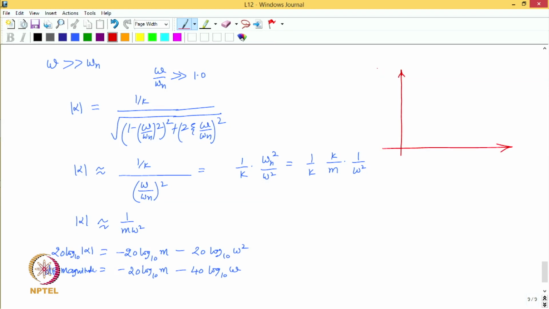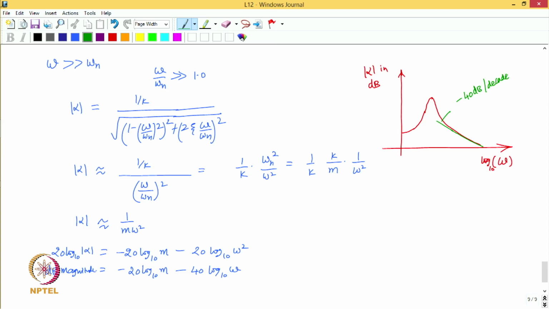So, if we plot here the alpha in decibels and here we plot the frequency, and if this is the magnitude plot, and also we are plotting this on a log scale, that is log 10 omega, that is what we are plotting on logarithmic frequency axis. Then what we see is that in the high frequency range this magnitude plot can be approximated by a straight line like this, and the slope of this line is minus 40 decibels per decade,